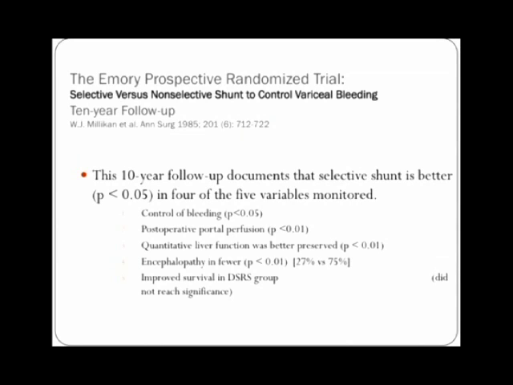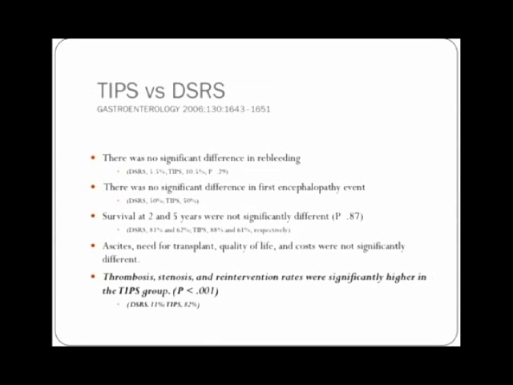From Emory's perspective, he did this trial with a 10-year follow-up on documents, and the selective shunt was much better than the non-selective shunt at controlling bleeding, and we took this to the bank and held this. We recently did a study looking at TIPS versus DSRS. The distal splenorenal shunt is the Warren shunt. And so the TIPS procedure